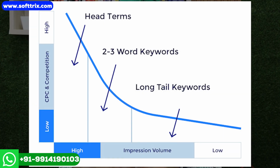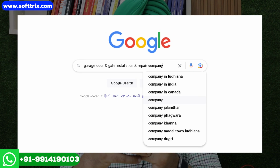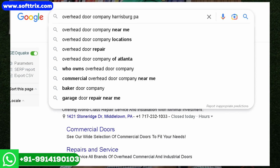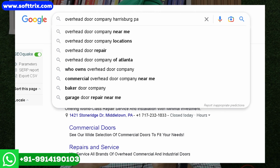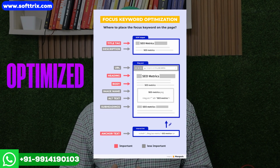The first step was to find the right set of keywords targeting his actual services. We used long tail keywords such as garage door and gate installation and repair company or garage door companies in Harrisburg, Pennsylvania. Based on the targeted key phrases, the content on the web page was optimized as well as promoted